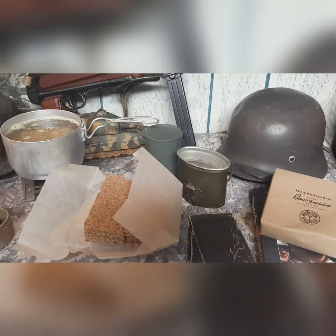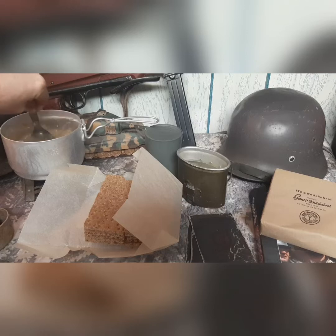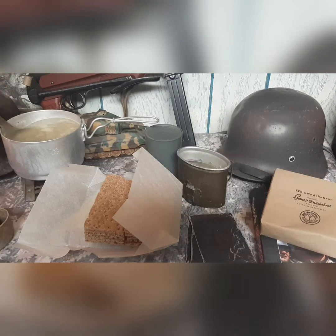Probably should start breaking that down, stirring it a little bit. Yeah, there we go. It might take a while. I might have to cut back to this in a little while, but since the ration part of this is pretty short,